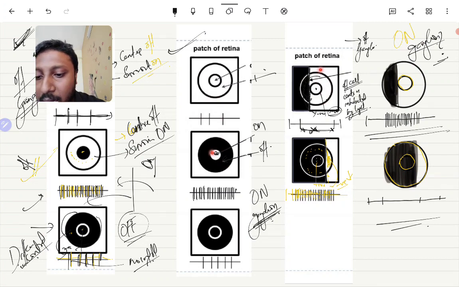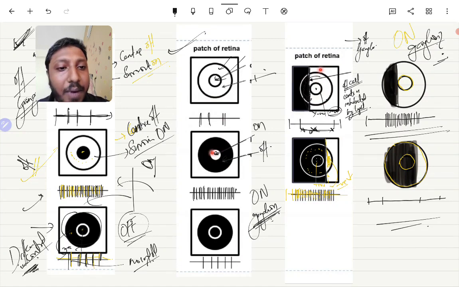If this cell has no difference in contrast, then it doesn't need to identify, so the signal doesn't even go. Same case here: if the whole cell is full of light, center and surround both, it still doesn't fire much. Only differences in contrast get a firing. So that is how we detect an edge.